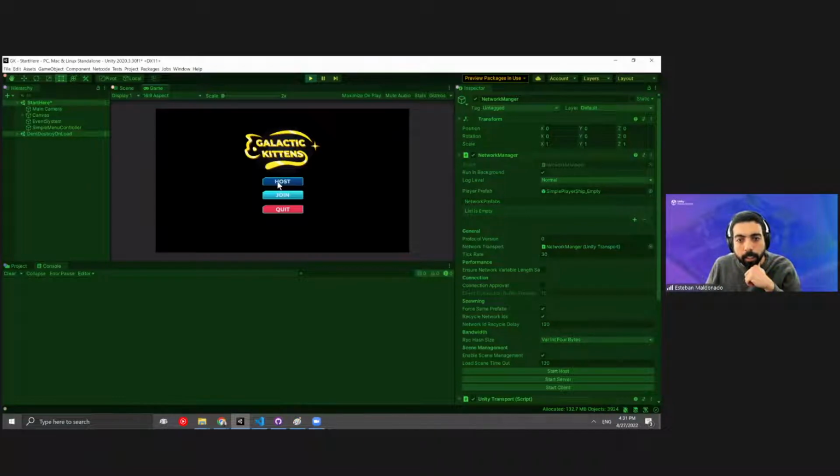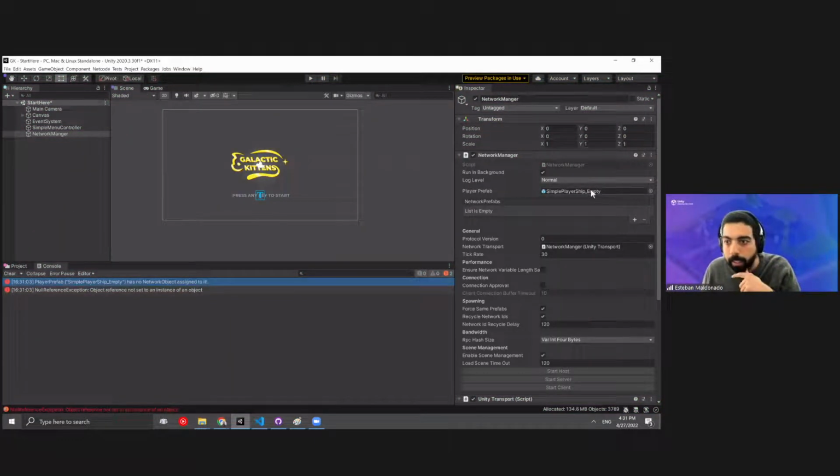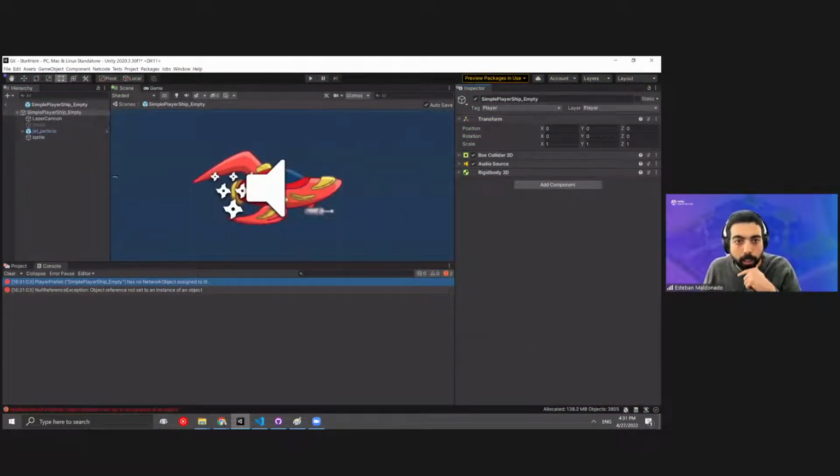I'm going to start as the host, and oh, we have a new error. Now we don't have a network object assigned to our prefab. So let's go ahead and fix that. Now, if we go to our player spaceship prefab, we see that it has a transform, box collider, audio source, and rigid body, like all basic components that you normally use in regular 2D games, right? We need to add a very important